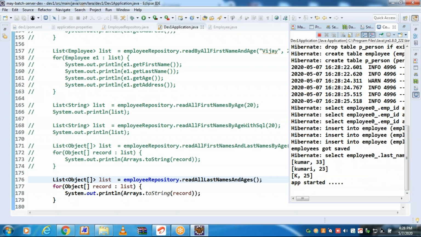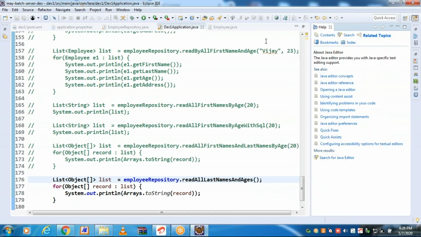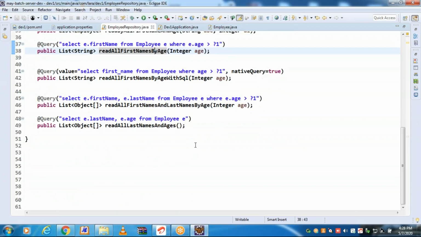You can see 3 records. Come back to the repository class.